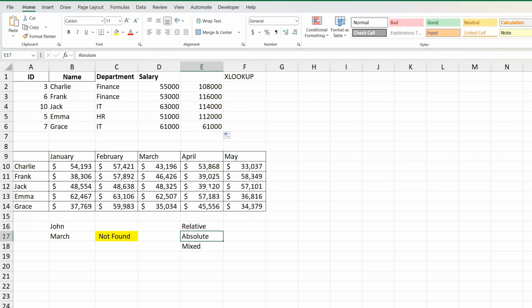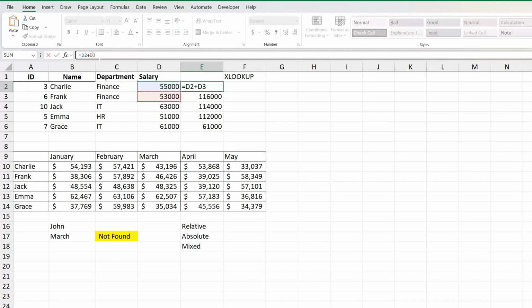Absolute cell referencing locks a cell reference so that it doesn't change when copied. You do this by adding a $ sign before the column letter and row number. In our case, let's say that I will add a dollar sign here by pressing F4. You see, the $ sign is in front of our column letter and in front of our row number, meaning that